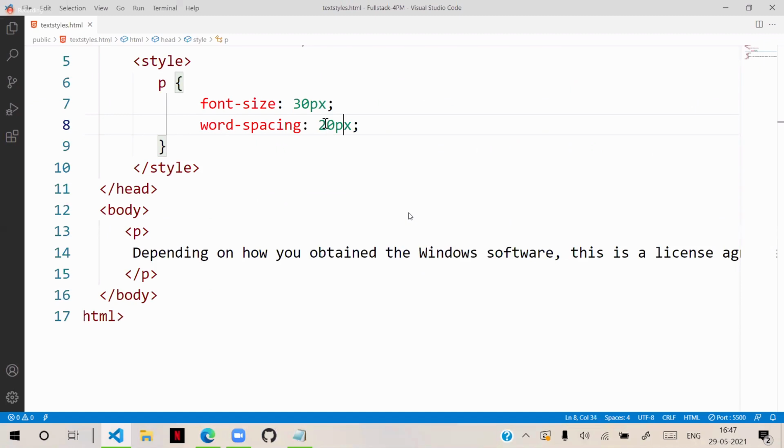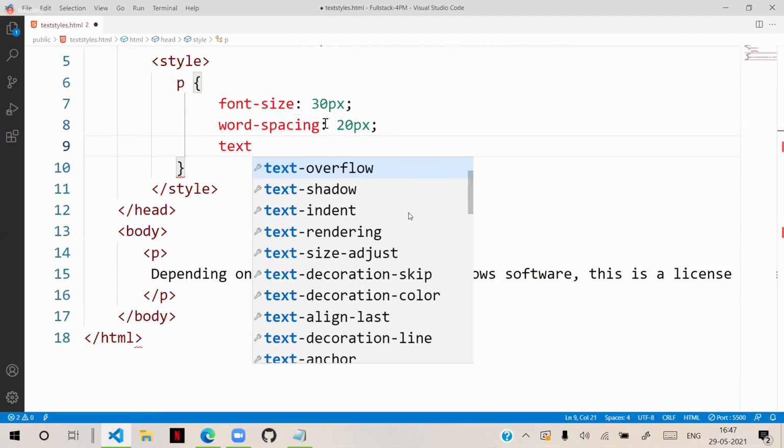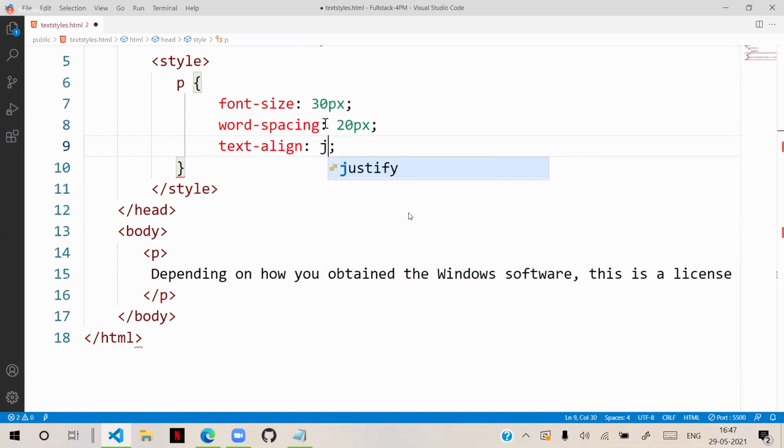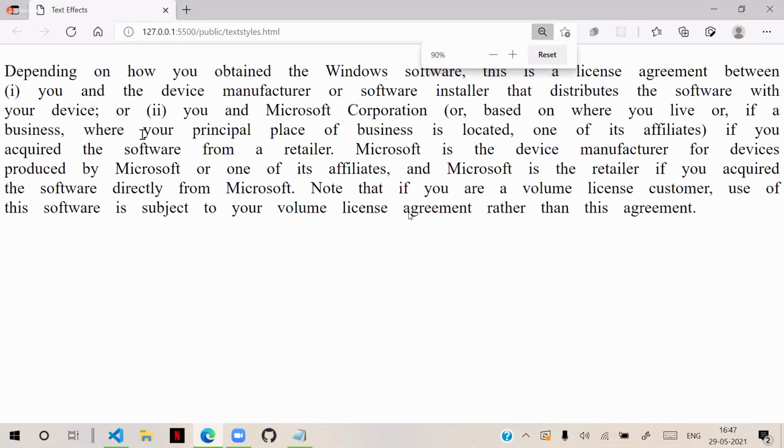Now what I do is I will put text align as justify. When I use justify, the unevenness will reduce. But what happens is you will see a lot of gap between the words. That looks uneven.